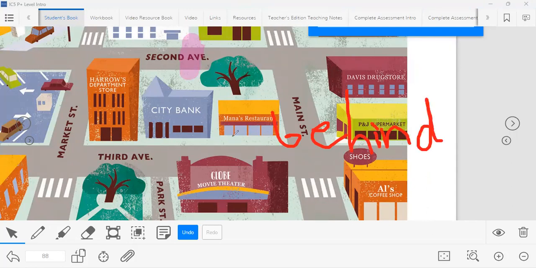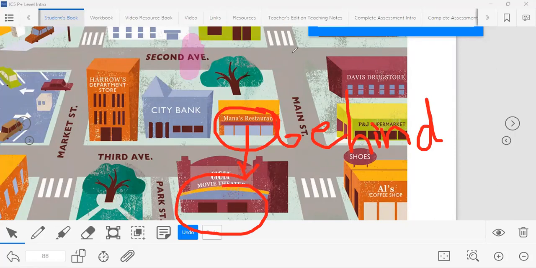Okay, because you see, here we have the entrance and here we have the entrance. So Mana's restaurant is behind the movie theater. For example, right behind. In this case, atrás, right? But maybe we can say it's across from, maybe, right? Even though it's not right in front, but we could, podríamos, okay? It's across from.